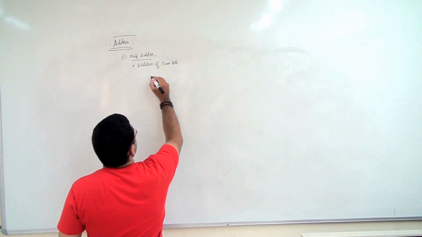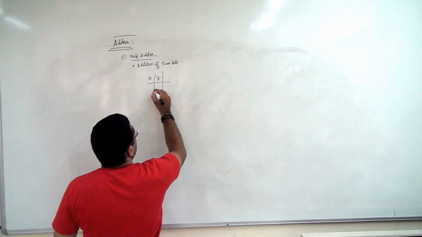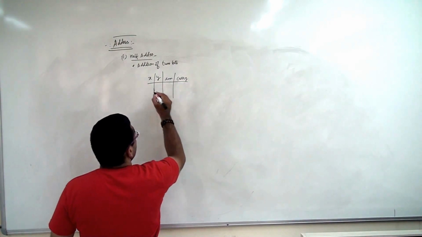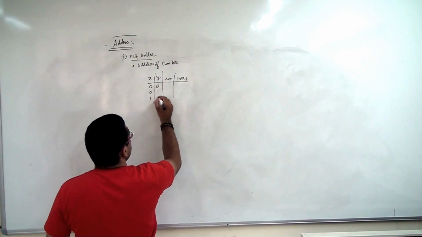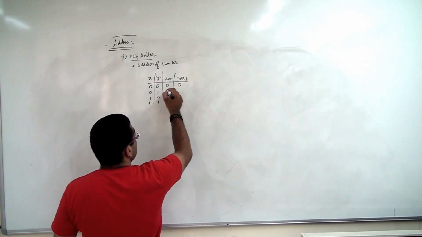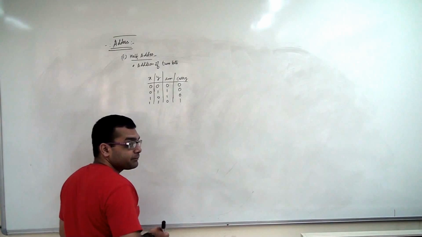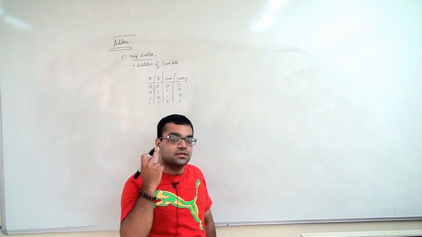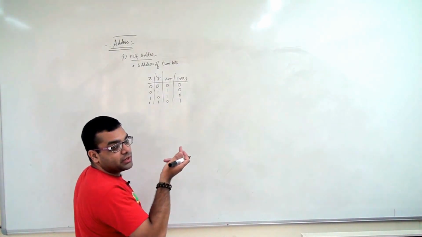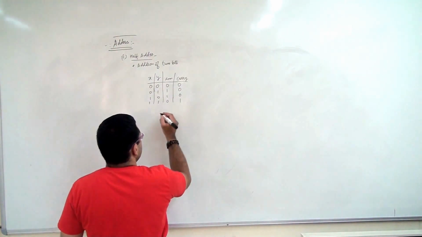Suppose we have 2 bits denoted by x and y. Then there can be 2 outputs, sum and carry. The 2 bits can have the values 0 0, 0 1, 1 0 and 1 1. If we add these, for 0 0 the sum is 0, no carry; for 0 1 the sum is 1, no carry; for 1 0 the sum is 1, no carry; and for 1 1 the sum is 0 and carry is 1. This we have seen in the concept of number systems, when we add two binary digits.